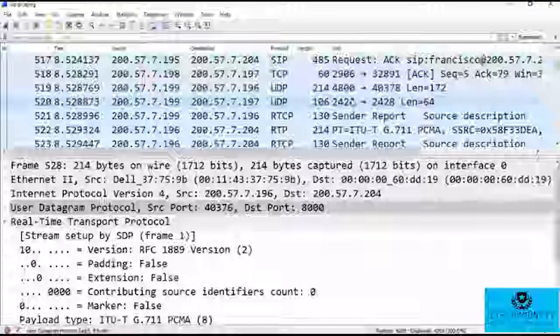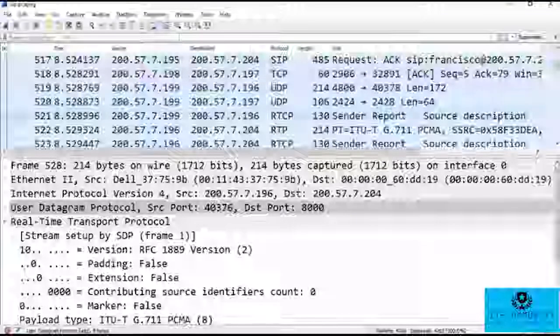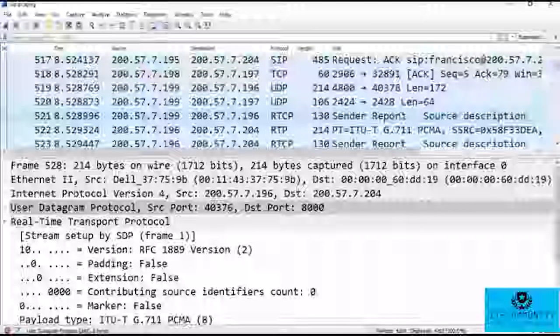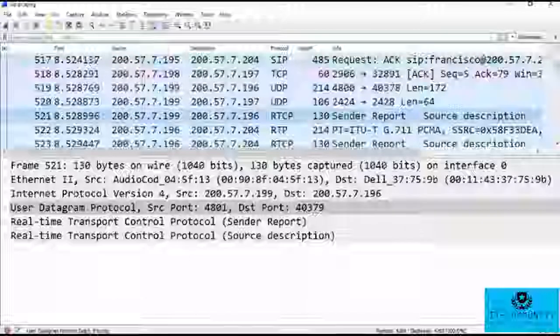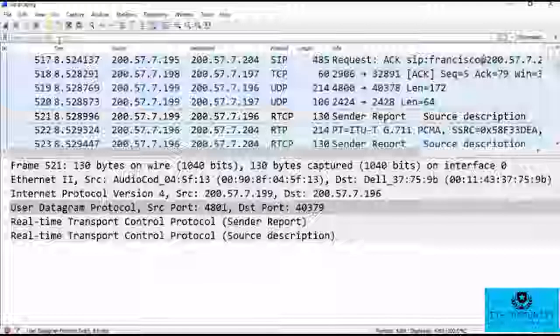I'm at CloudShark, and here I have a stream that we can take a look at. There is a lot more information in here, as you can see. It is a lot of SIP and also Telnet and other information, but it does give us a good example of real-time control protocol. Now, what I did was I went to export, download the file, and I opened it up in Wireshark, or you can take a look at it right here in CloudShark. So once I opened it, now you can take a look, and there is a lot of other traffic in here. So I can filter by real-time control protocol,